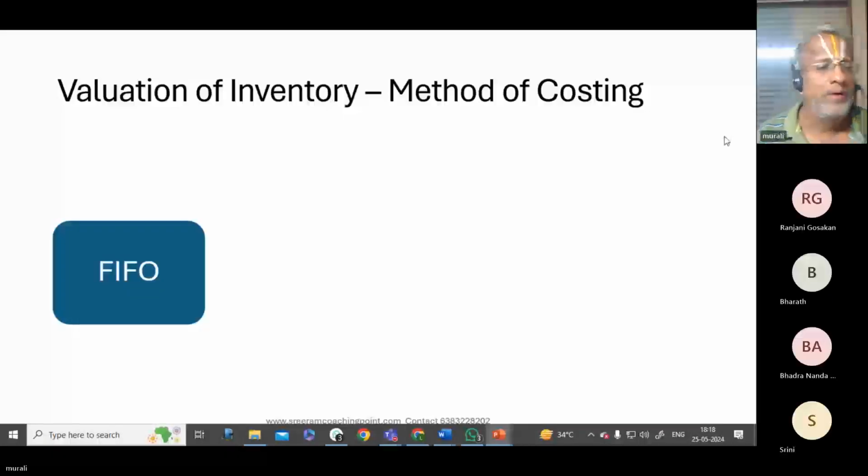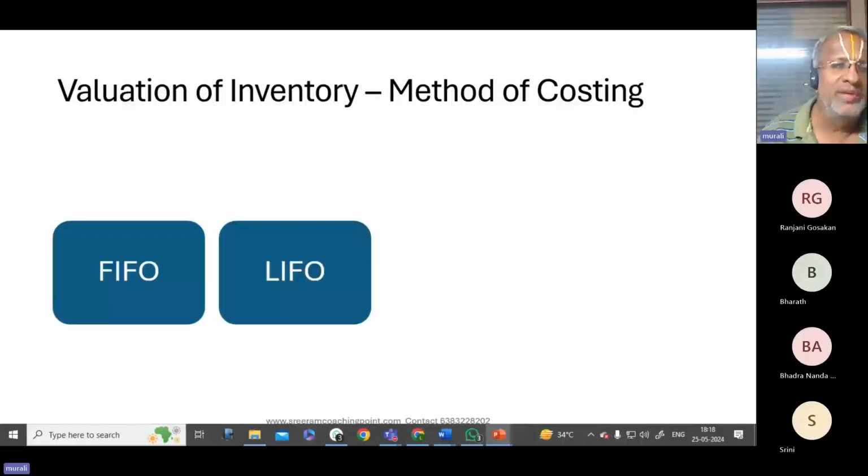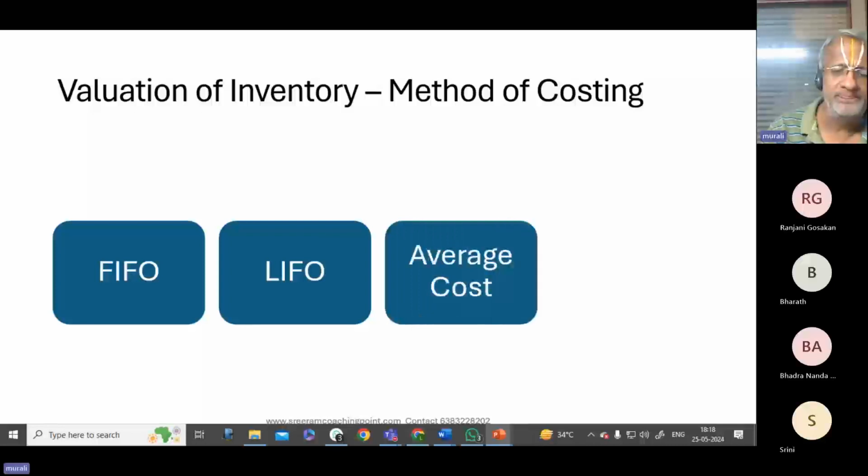Right. So first in, first out, it is a method of costing. It is not about physical movement of material from the place of sale. It is not about physical movement. It is only a method of costing. The first entered material cost will be used for issuing, that will be captured for cost of goods sold, and the balancing figure will be for closing inventory. First in, first out. Then next one is last in, first out. The rate at which you book your issues will be the last in rate, and the earlier material rate will continue to be there as part of your inventory.